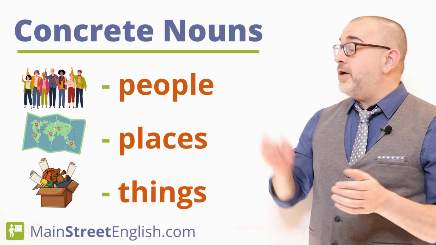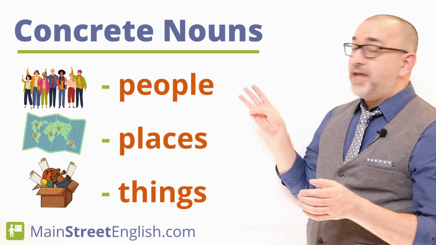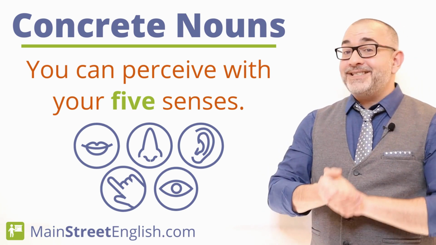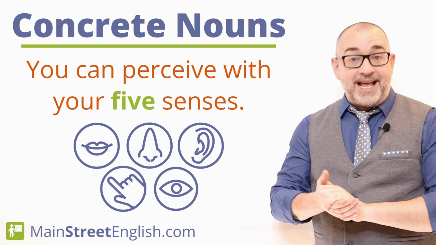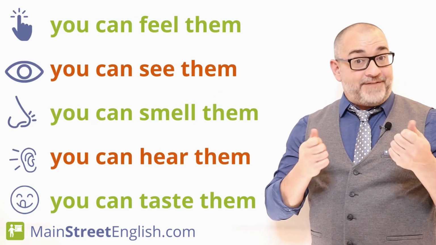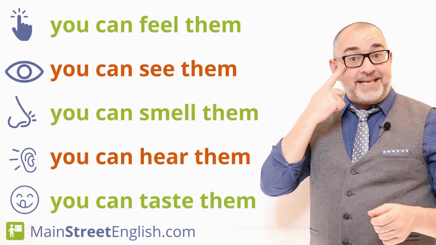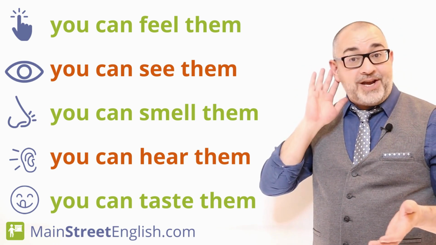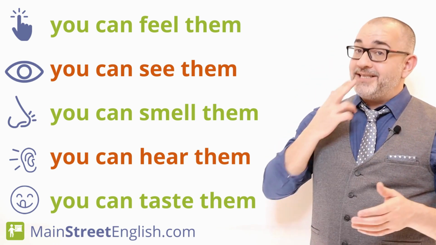Concrete nouns are people, places, and things. You can perceive concrete nouns with your 5 senses. You can feel them, you can see them, you can smell them, you can hear them, and you can taste